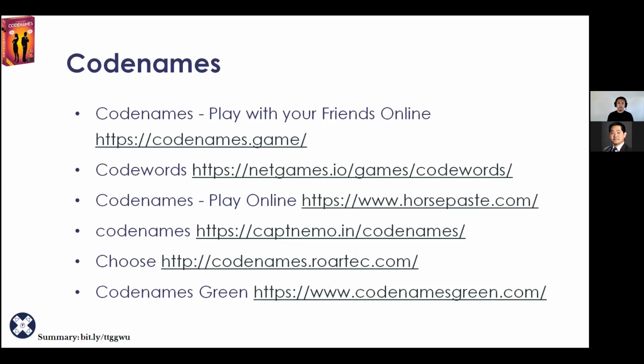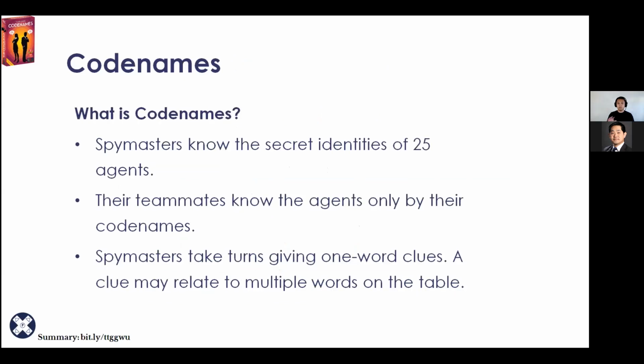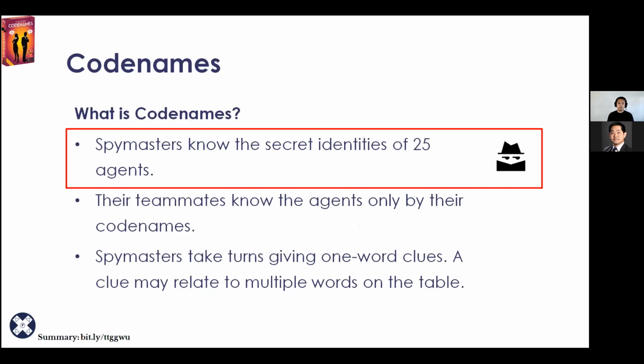But prior to talking about the online version, let's talk about the physical version and how you play this in person. Codenames is a game based on teams, and in this case there are two separate teams: a red team and a blue team. On each team, one person takes on the role of the spy master. As the spy master, you are trying to give clues to the rest of your team to guess individual words on the Codenames board.